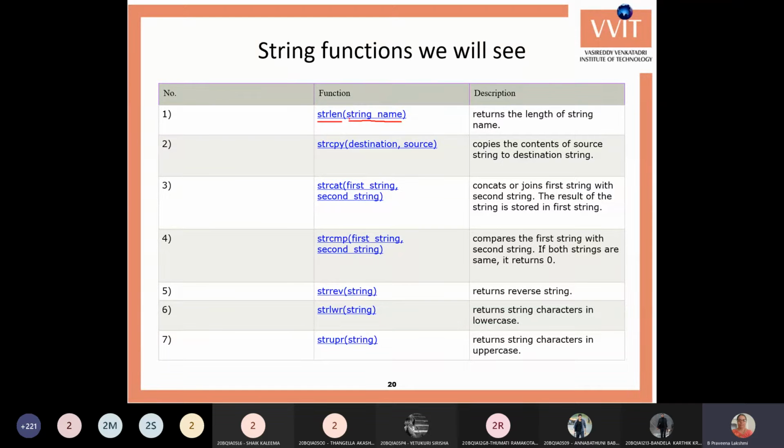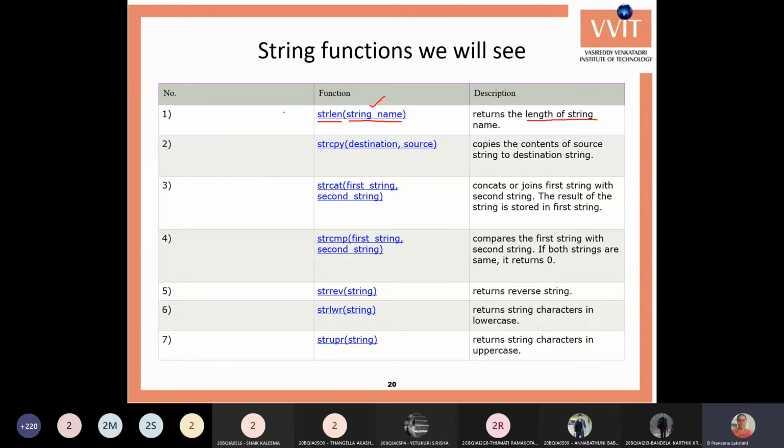It gives us the length of the string. Whatever variable you give in the bracket has some letters within that string, and that letter count is returned by the string length function.